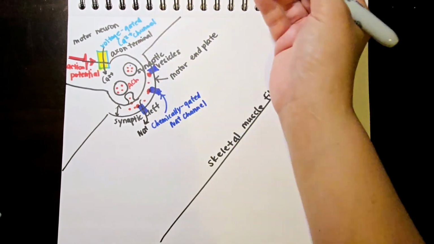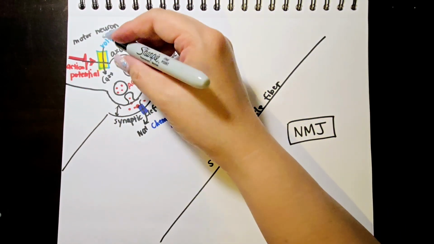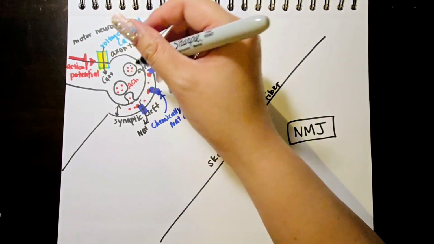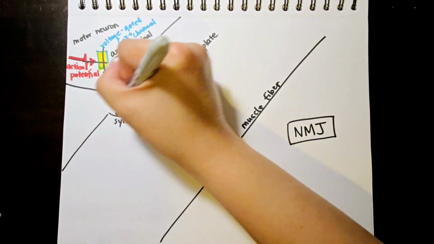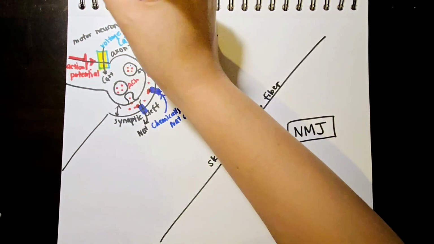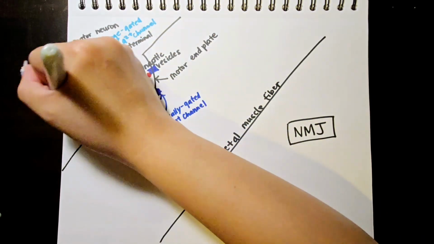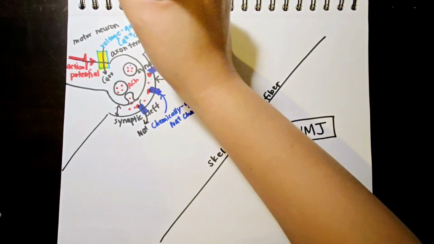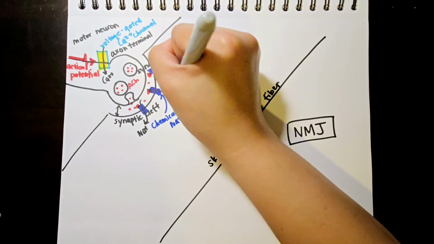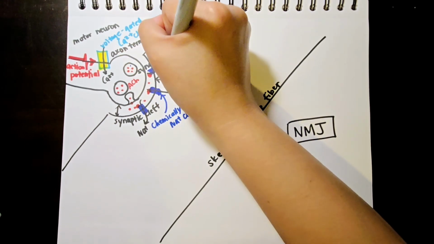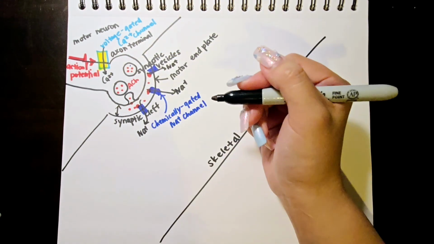Now remember, just like before, there's no sodium ion being released from the axon terminal. These sodium ions are just coming in from the interstitial space between the neuron and the muscle fiber. Okay, so that's why they're all over. All of this space here is filled with sodium ions, and they're just flowing in from the synaptic cleft into